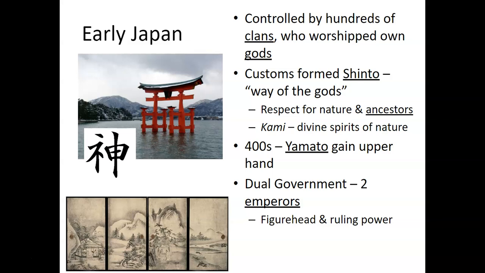They don't have full control, but they're kind of the dominant clan, and they set up a system using what they call a dual government. They actually have two emperors that are set up here. So you have all these different clans that are supposed to answer to the two emperors that effectively, quote unquote, rule Japan. You have one emperor that really rules as a figurehead, and then you have one that actually has the controlling interest or controlling power.